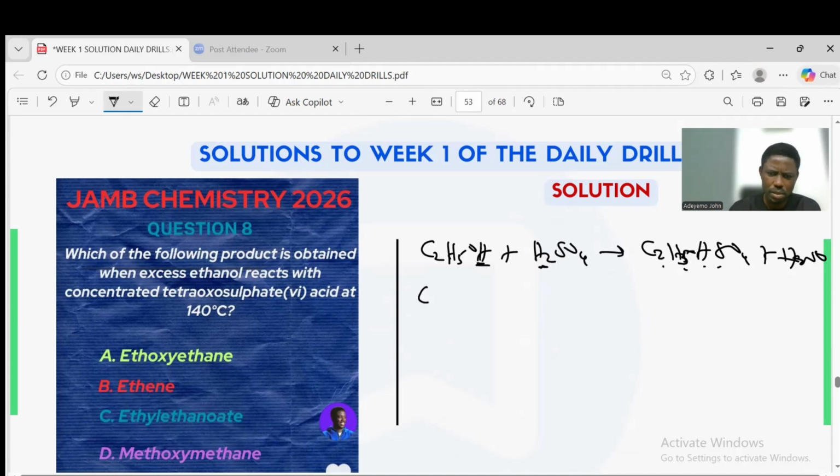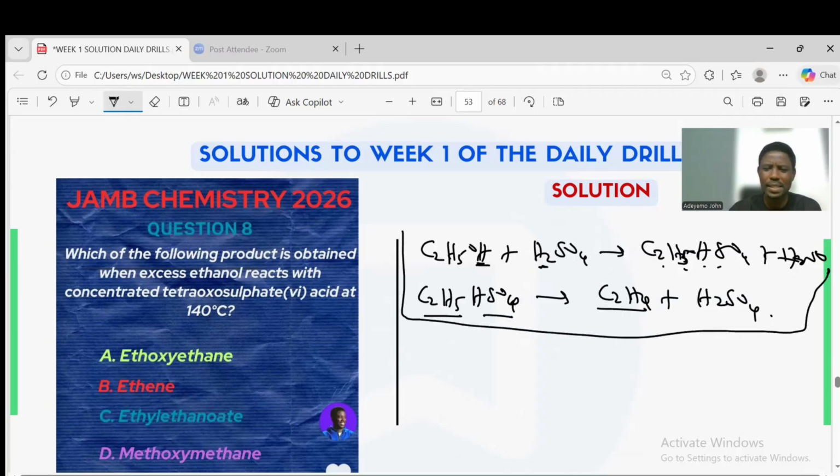So in the second step, C2H5HSO4 will now decompose to form C2H4 plus H2SO4. All right, look at the C2H4 plus H2SO4. So that is when the acid is in excess. But now it's excess ethanol. So the first step will still take place. All right, but instead of this second step to produce ethene, ethene will not form because this product will now react with excess ethanol,